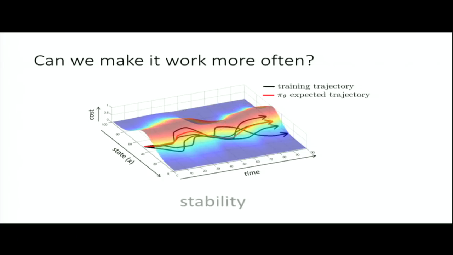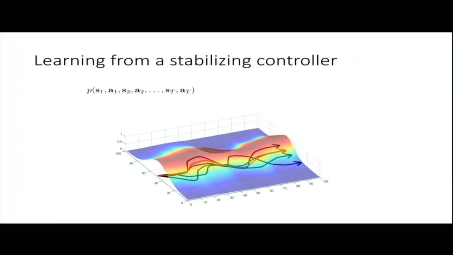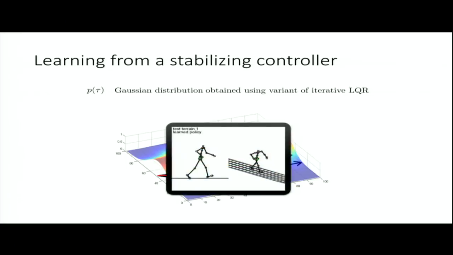One of the ways you can do it is that you can take your trajectory distributions, which we'll discuss later on, and construct a Gaussian trajectory distribution that has bounded support using algorithms like iterative LQR. So don't worry about these things for now, but we'll cover them later in the course. The main thing I wanted to show you is this little video. This is a neural network controlling a little running 3D humanoid, that was trained to imitate a stabilizing controller built around a demonstration obtained from motion capture of a human.